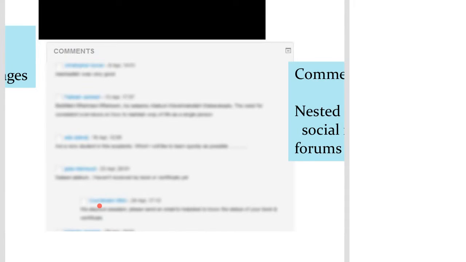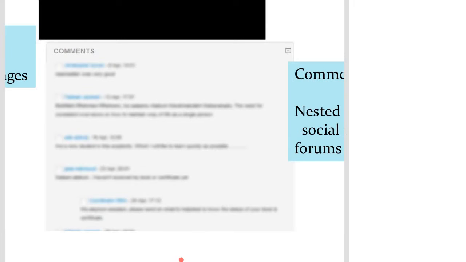You can see that this is a reply to the comment, so a nested comment. What we've tried to do is eliminate the need for forums. As I was comparing comments and forums, I personally like to call comments the lighter version of forums. Forums we use for structured discussions, where each discussion has a thread or a topic, and people can reply and be organized, whereas comments are more haphazard, where anyone can comment in any order. So we try to do that.